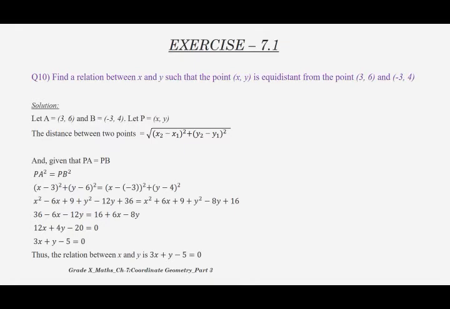So we are not getting a single point as an answer here. We are getting the equation of a line, isn't it? So that is why the question mentions find a relation. Wherein you have to find 2 points, we can find only a relation, not the exact points. Because these points will be equidistant from a line. All the points on this line will be equidistant from the points A and B.